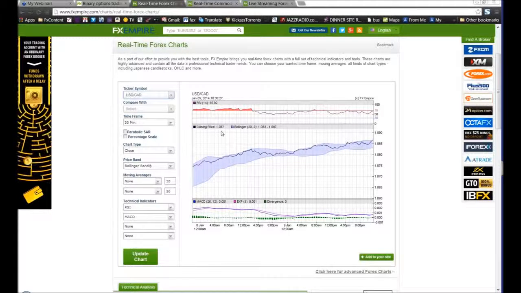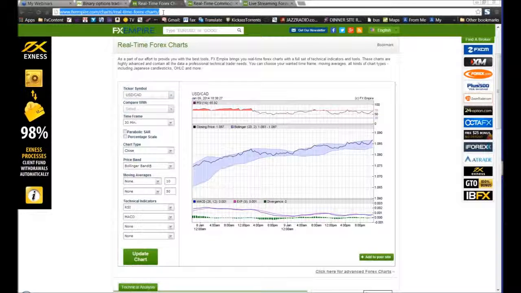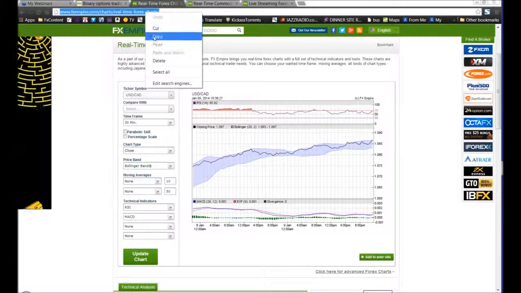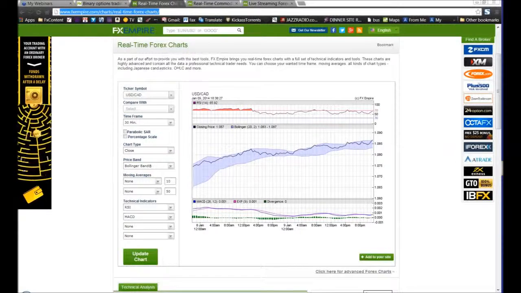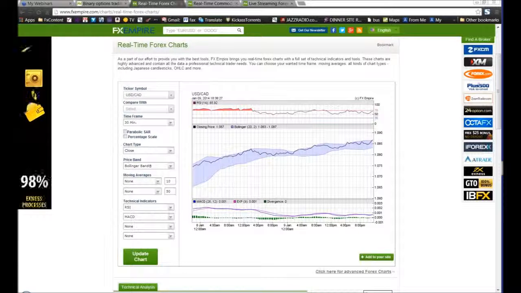They also have live Java charts, and I'm going to show you how to do this on both charts. But I have found this charting service is free. There's no logins. There's no anything. Just go to www.fxempire. Actually, here, I'll give you the link. I'll send it to all of you right now. Okay. When you go to this charting service, it just gives you a very nice, easy to see, clear-cut Bollinger